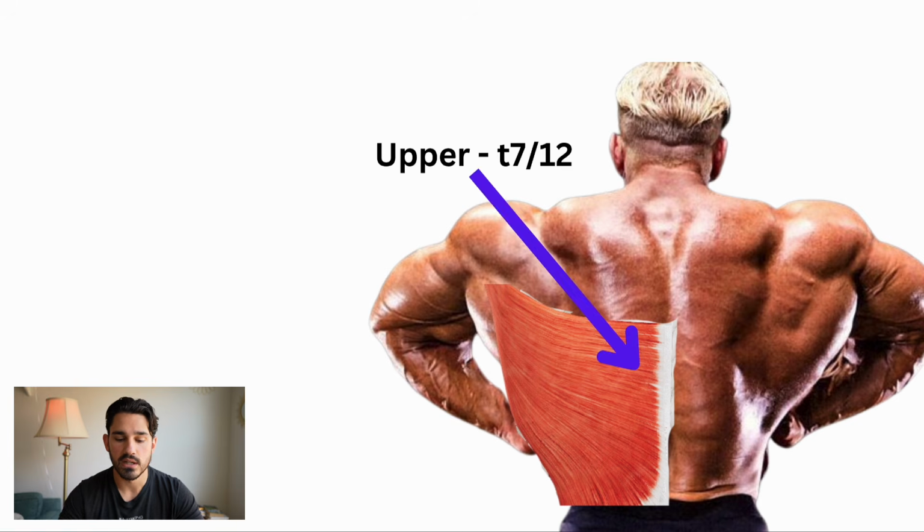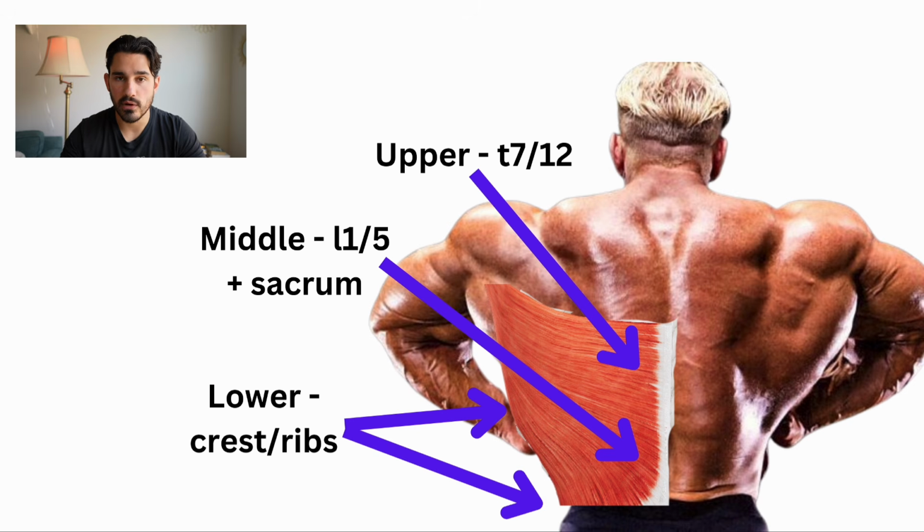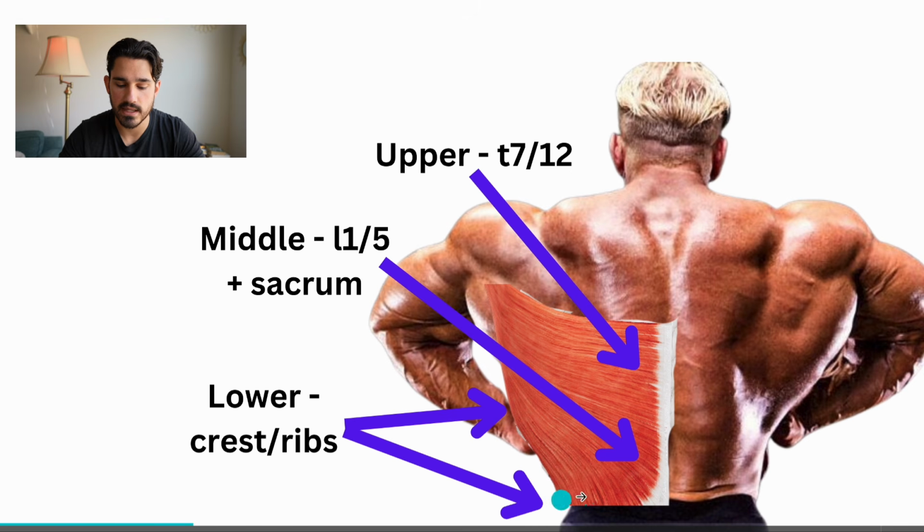Needless to say, there are three major portions to the lats. The first portion to consider is the upper portion, which runs from T7 to T12, which for those of you who don't know are basically just referring to spinal segments along the lower part of the midspine. The middle region attaches all along the lumbar spine, the lowest portions of the spine, and then the lowermost portions of the lats attach to the top of the hip and the iliac crest,